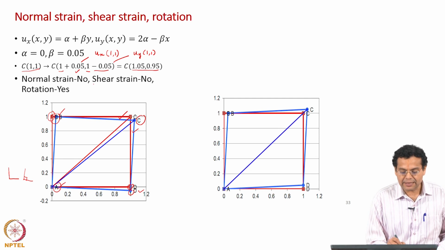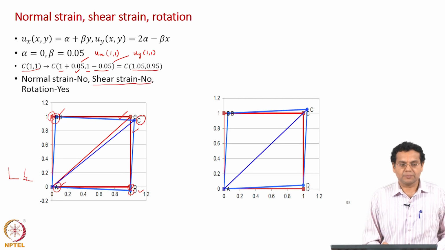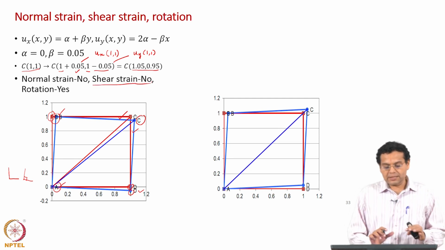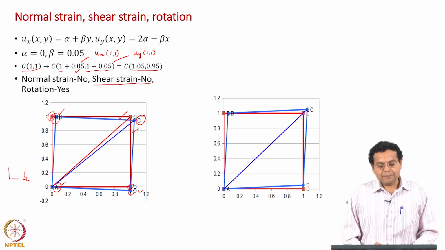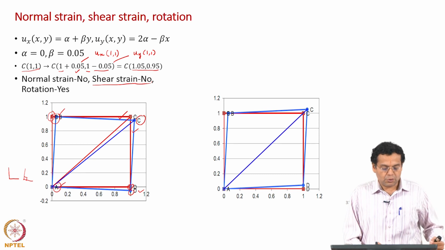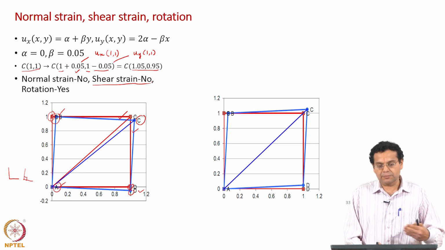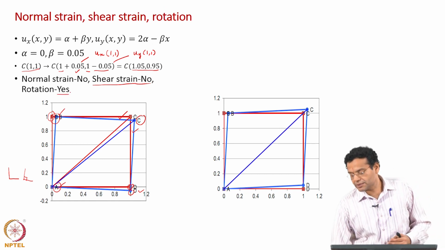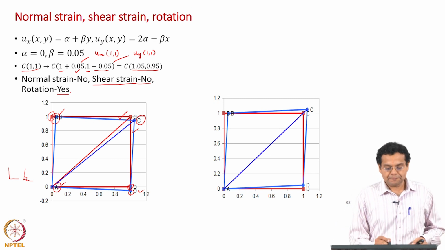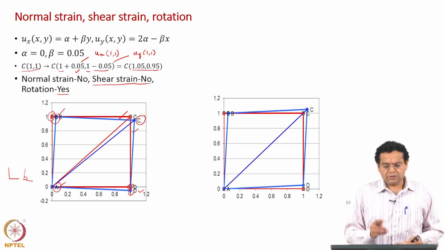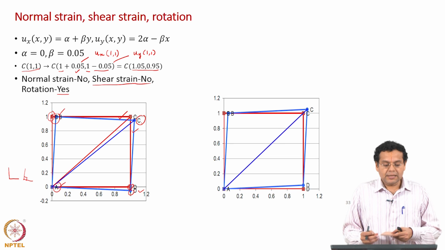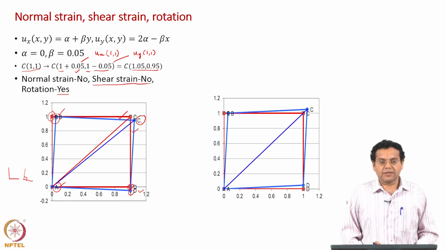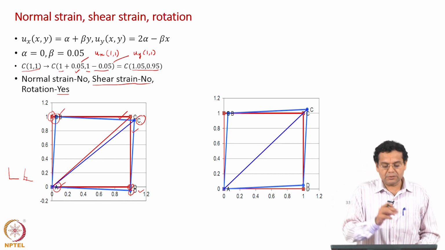So, which means that there is no shear strain also, but look at the plate, the plate has undergone a rotation. How do you understand? As I told you, look at the diagonal, the red diagonal versus the blue diagonal, it has rotated clockwise. So, there is rotation. The plate was like this, small rotation, and the final configuration is rotated with reference to the original configuration. Final state is rotated with respect to initial state.